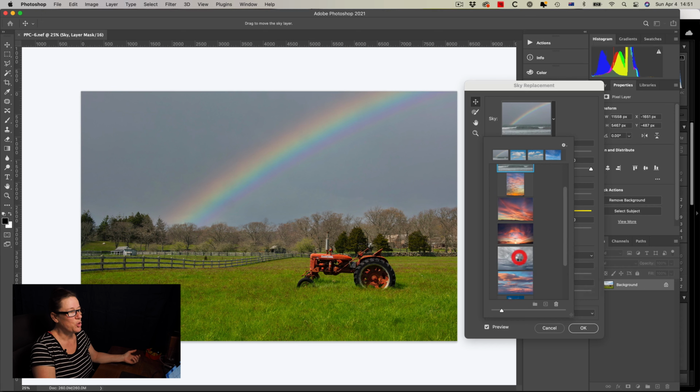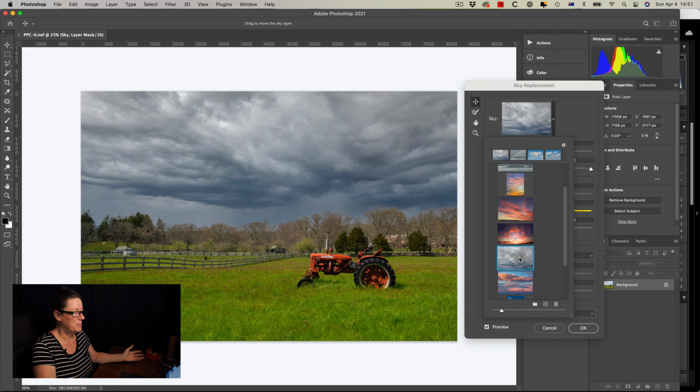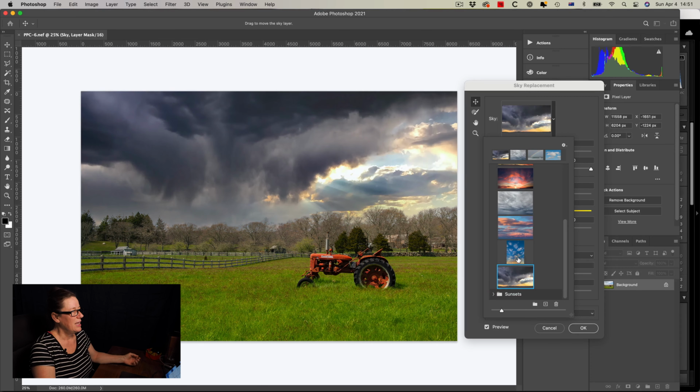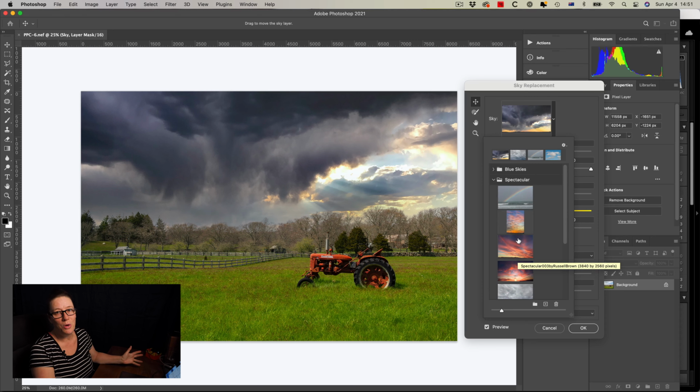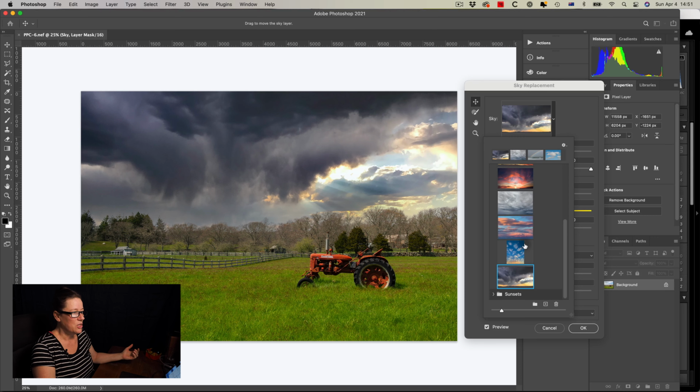If you want to add some stormy skies, you can add a dramatic stormy sky. Here's something that's even more dramatic. That's probably not really appropriate for this image. I mean, that's important too. You want to pick something that matches the light that was occurring at the time you took the photo of the subject. So obviously this photo was probably taken during the day, so it's probably not going to